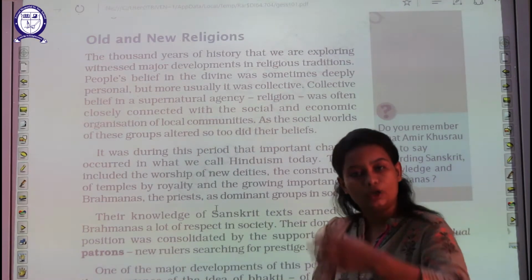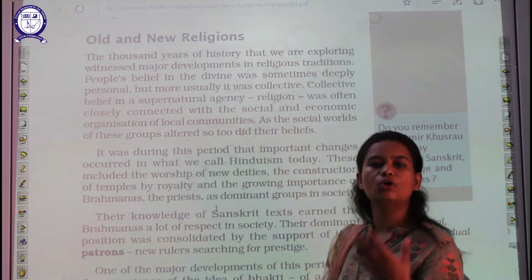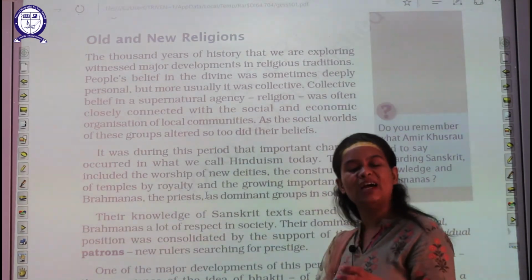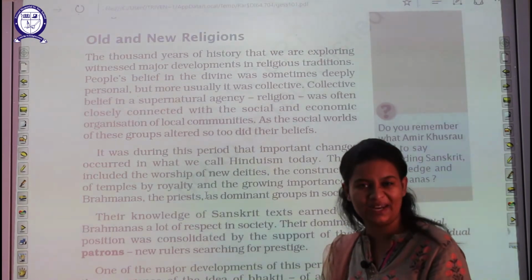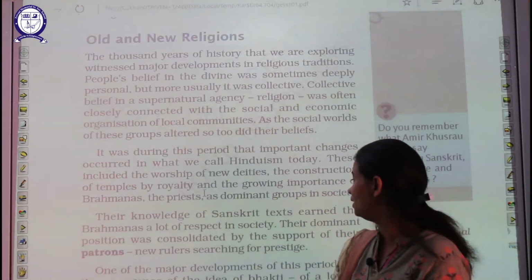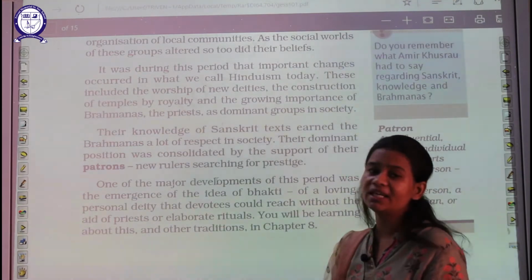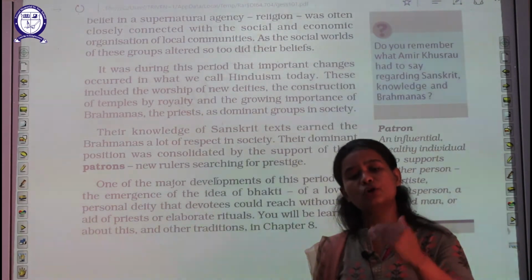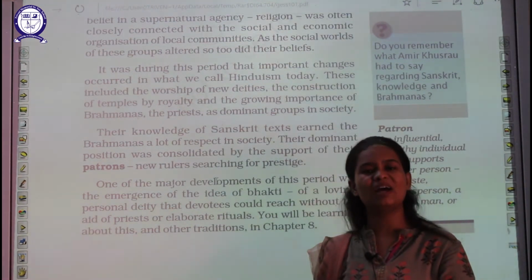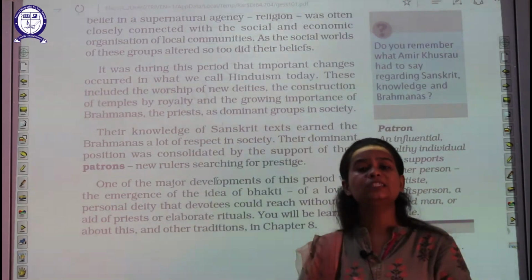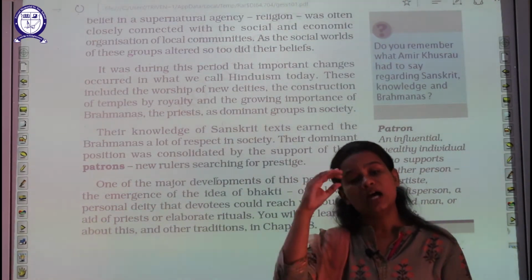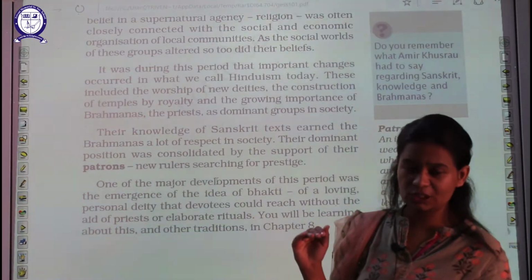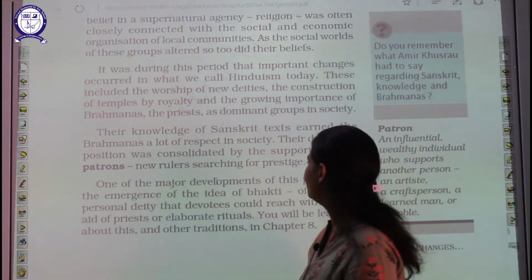They provide good infrastructure to these temples or worshipping areas, and all the priests or Brahmins who used to do these worshipping practices or provide teaching to the people were considered a dominant group in society. Why were they considered a dominant group? Because whatever the priests, the Brahmins, were suggesting, it was believed that their teachings were of good quality, and whatever they said was absolutely right and not questionable at all.